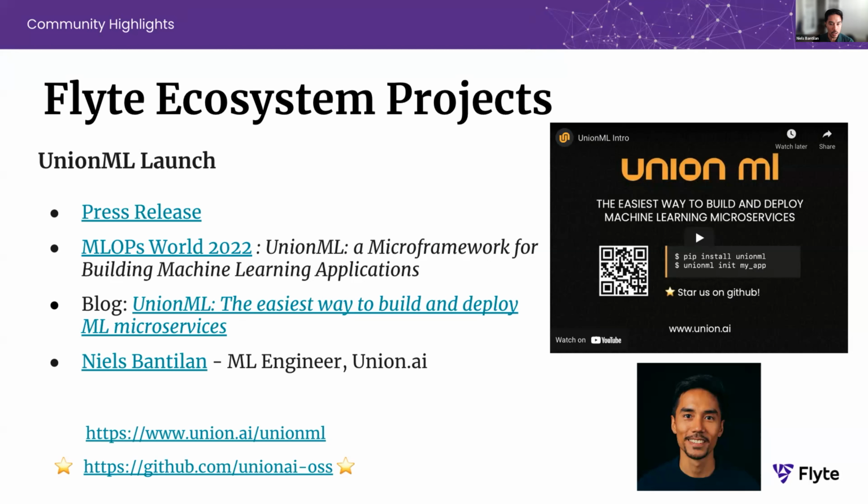We created UnionML essentially based on feedback from our Flyte users saying, "Hey, I just want to train a model and deploy it for prediction somewhere." You can do this with Flyte, training your models and whatnot. But at the end of the day, you needed to use other solutions to create some kind of prediction endpoint. UnionML really is this interface that tries to unify all the different frameworks for data and ML work.